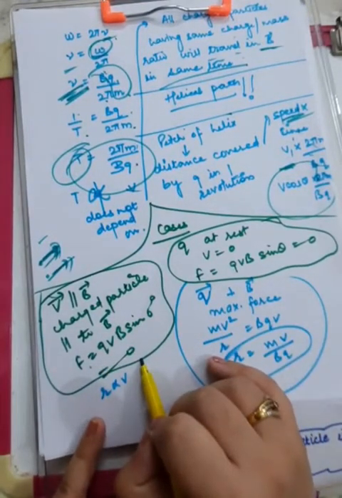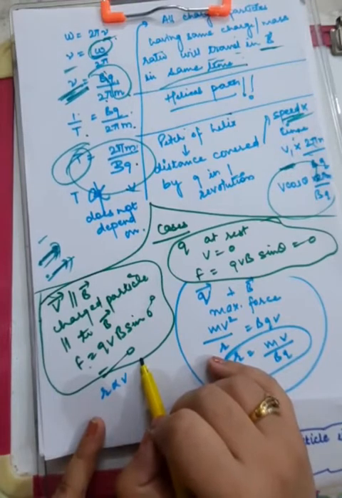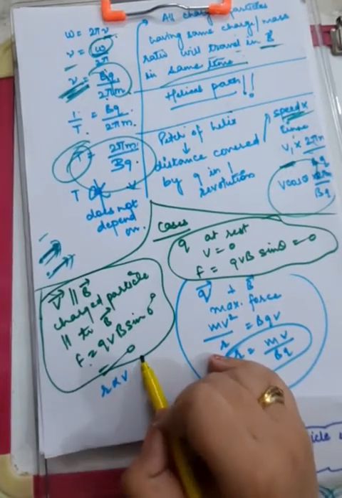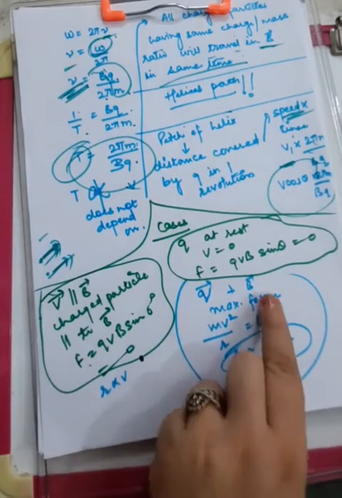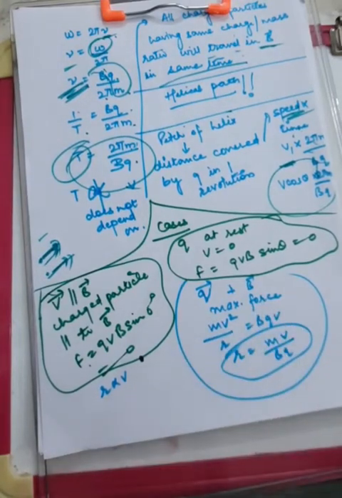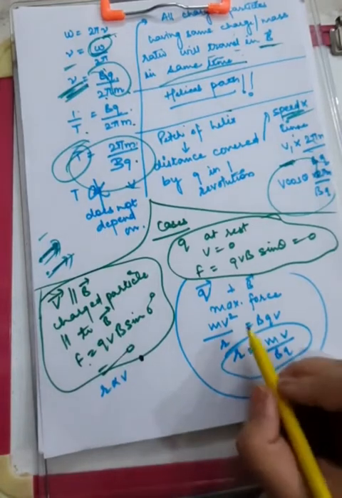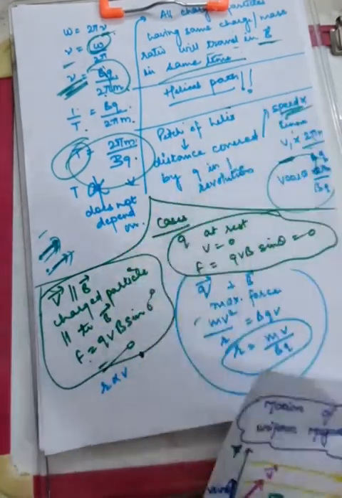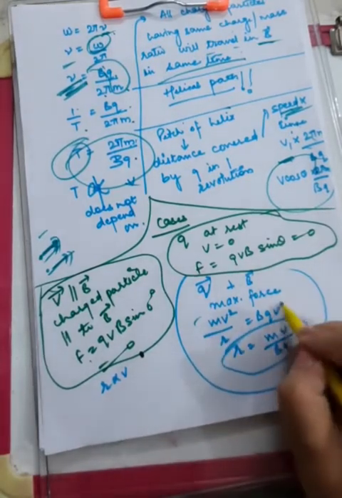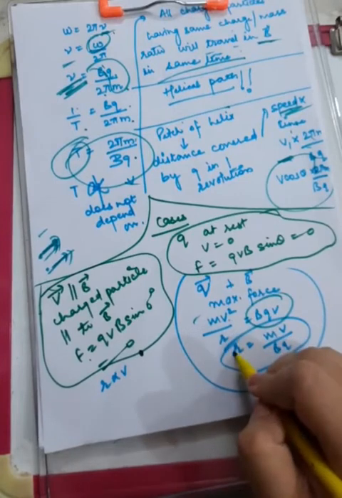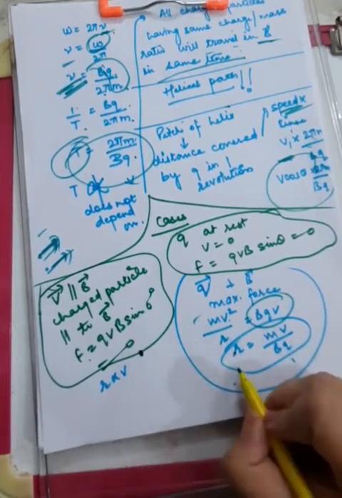The maximum force will be experienced for the maximum value of sine theta, which is at 90 degrees. So when Q enters perpendicular to the magnetic field, we have maximum force, and this maximum force results in circular motion of the particle, and it also results in forward motion. So yes, this magnetic force is equal to centripetal force. This is the way you get this.